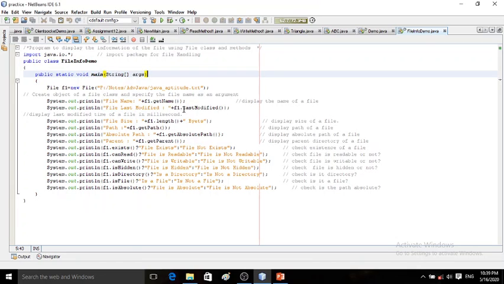So f1.lastModified displays the last modified time of a file in milliseconds. Remember, whatever integer comes is considered as milliseconds passed since 1st January 1970, 12 am.